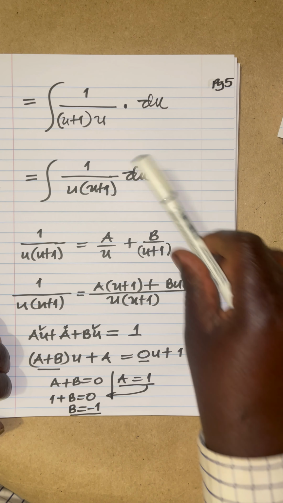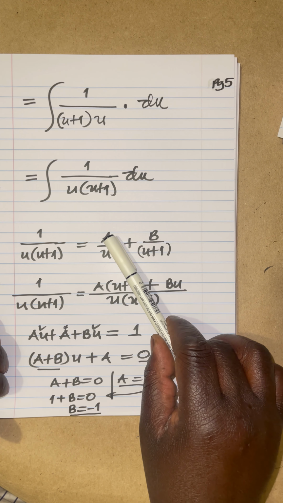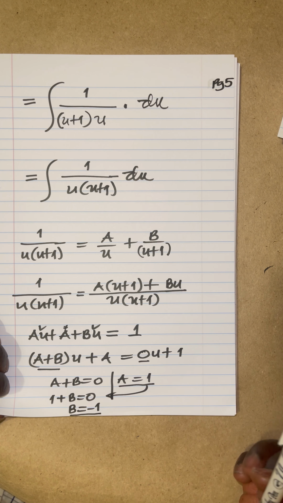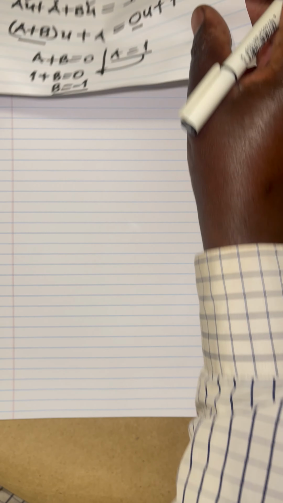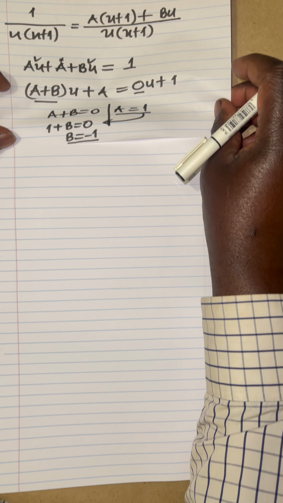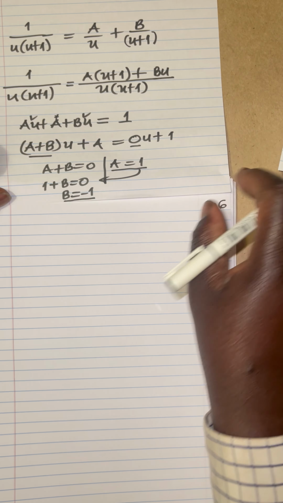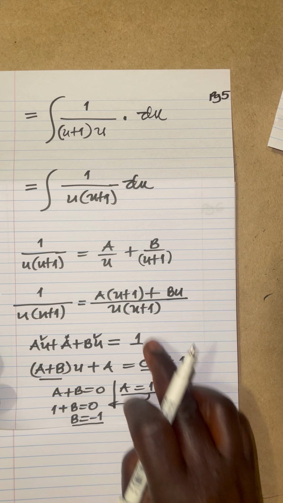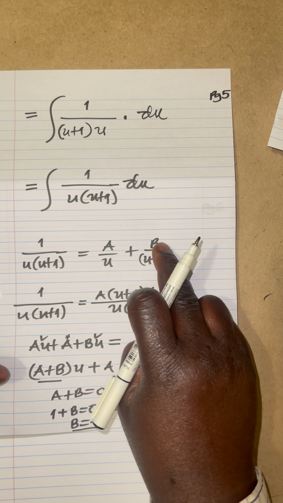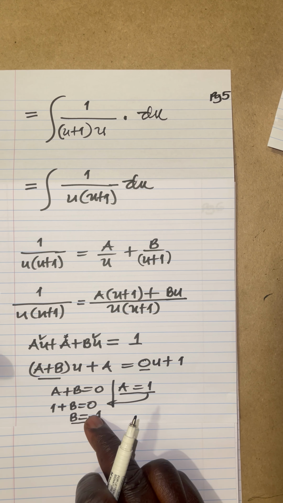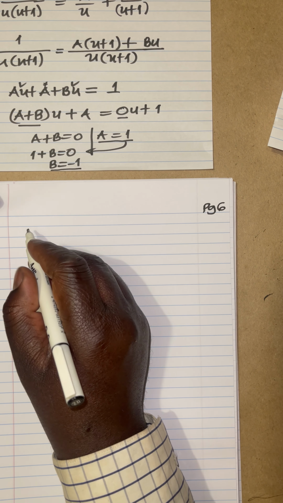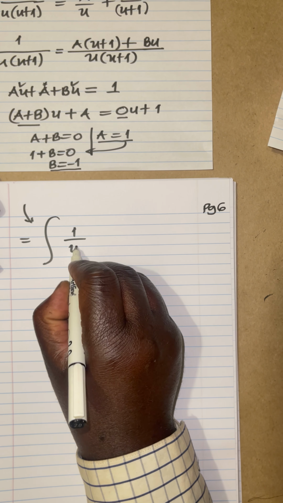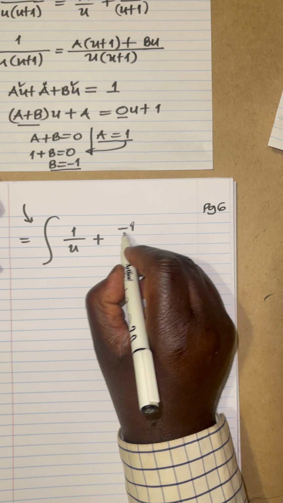this integral into, in place of that, we're going to have 1 over, because a is 1, 1 over u, and then I'm going to have minus 1 over u plus 1. All right, as follows. So we're now saying, let me move this one down. That integral there, this integral now changes. The integrand would have to be replaced by this expression with the constants a and b as being equal to 1 and minus 1 respectively, as follows. So basically we're now saying that integral is equal to 1 over u, allow me to say plus, minus 1 over u plus 1